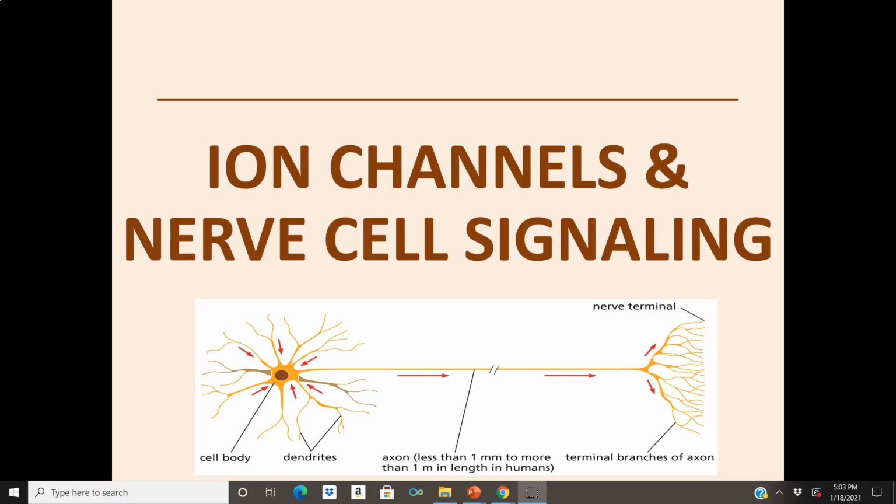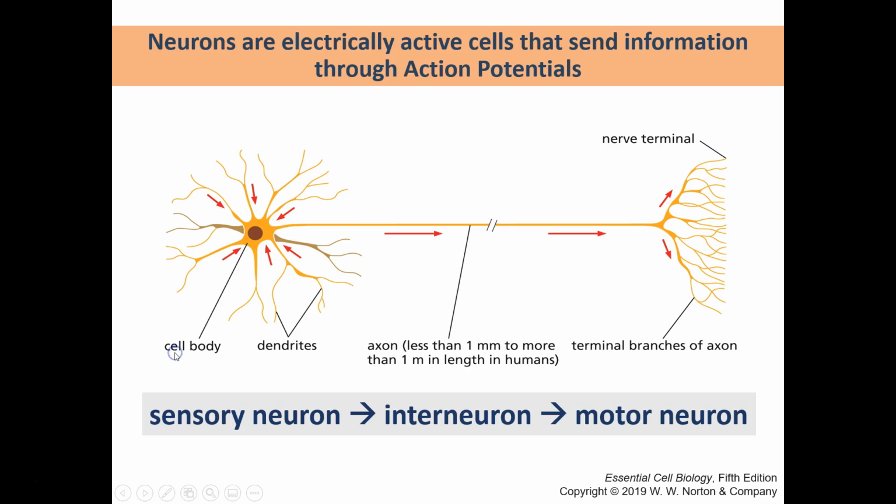Okay, so in this last section from this chapter where we talk about transport of messages and molecules across cell membranes, we're going to be focusing on ion channels and how they're important in nerve cell signaling. So, if we were to look at a typical nerve cell, the fundamental task or the main task of a nerve cell is to receive signals as well as to combine them and then transmit them further to their target